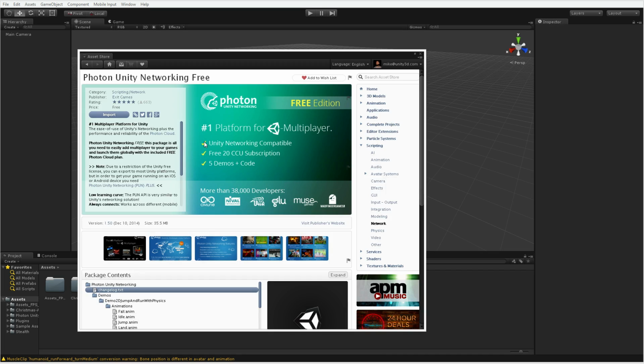What this is going to do is we're going to be using the Photon Cloud, just using all free stuff. For our purposes, that means we're going to have 20 concurrent users. If I wanted more, I'd have to pay Photon. They have a subscription fee, and all their pricing is available on their website. But we're going to be doing the free stuff, so we're going to be doing the 20 concurrent users. So we'll just be downloading all that stuff and importing it into our project.